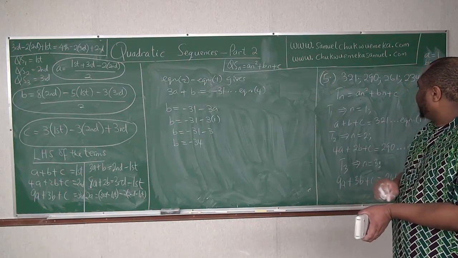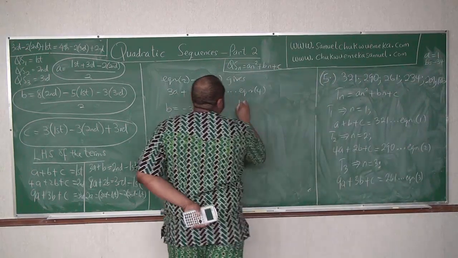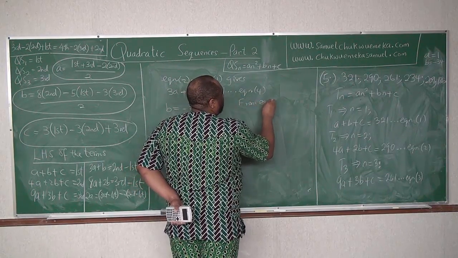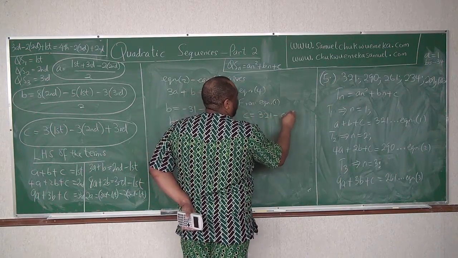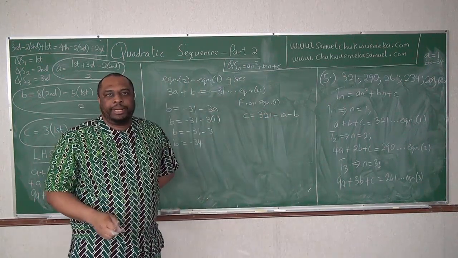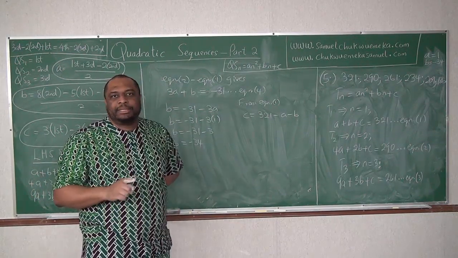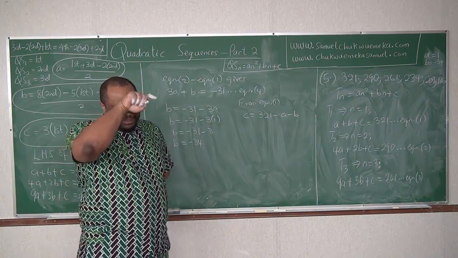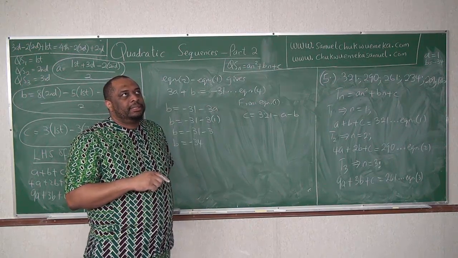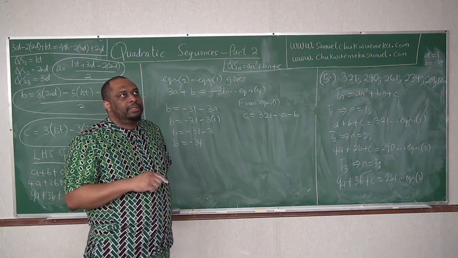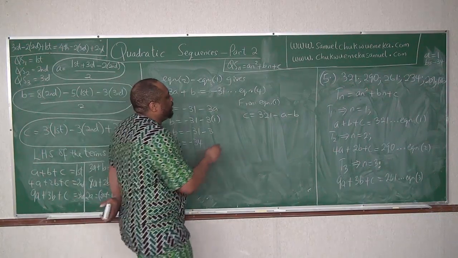Then we now find c. From equation 1, let's find c. From equation 1, c is 321 minus a minus b. I remembered something now. I think we might do another question after this. So we'll do another one, question 6, after this. I think it's important we do that question. Okay, so c will be